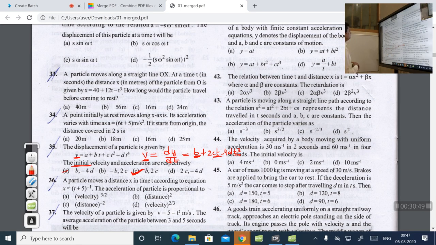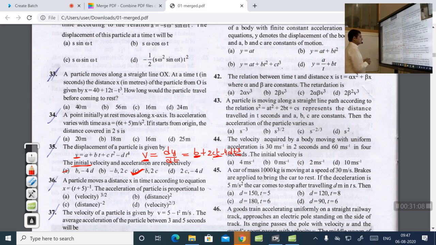So like this, once you practice, you can easily do it, students. Some questions are a little tough. It will take some time because indirectly they will be giving some data. So therefore you need to give some time so that you understand the question, what is given and what is asked. Okay. Next one, 36.